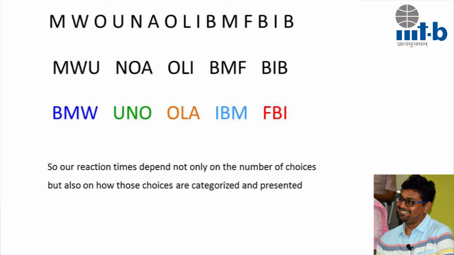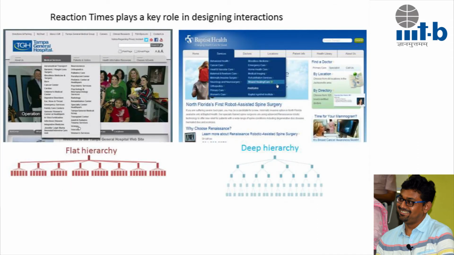So in design, that also is played well. Think of the different websites which you have definitely seen, many different types of designs. In some websites, you would see a menu which is very, very long. They would play out all different options in the menu. And then there are much more structured ones where you would keep different levels of hierarchy. So one of these is flat hierarchy, the other one is deep hierarchy. Both of these work. It depends upon what your real world problem is, who your user is, and what they would be adapting to. So this psychology of human beings does play a role, and if the designers or the technologists are aware of it, they can play that better.